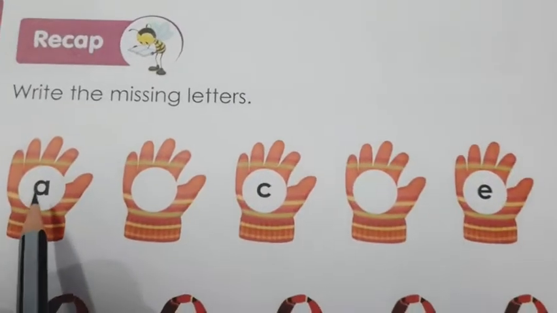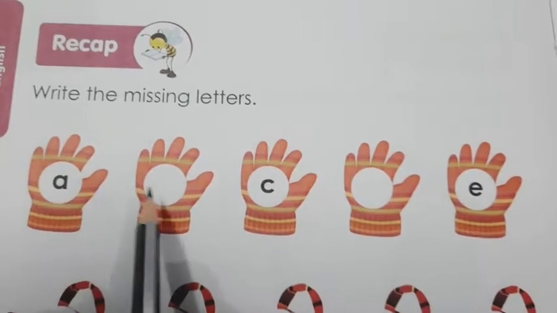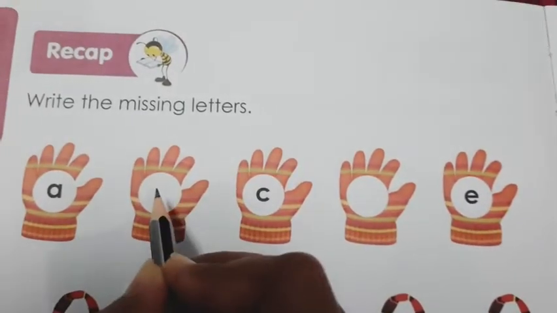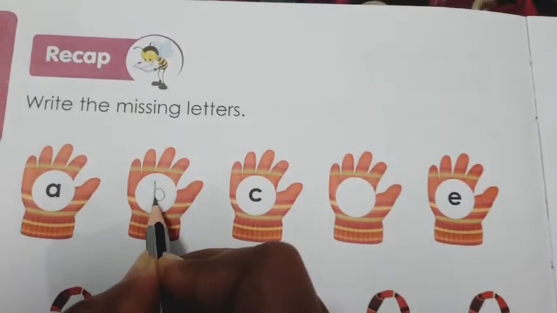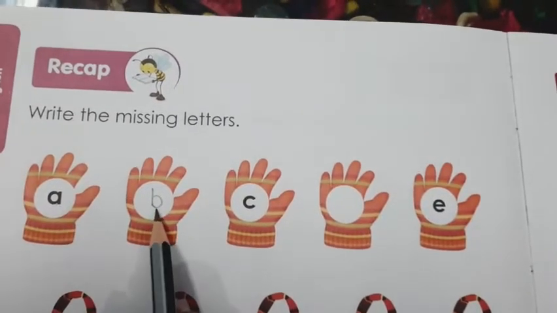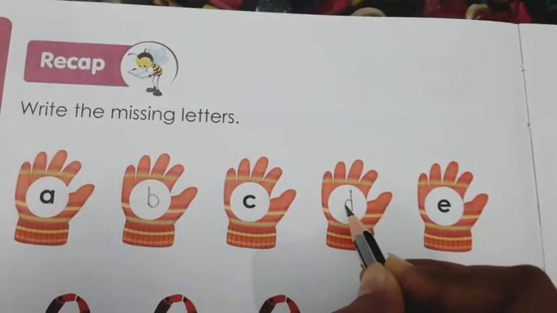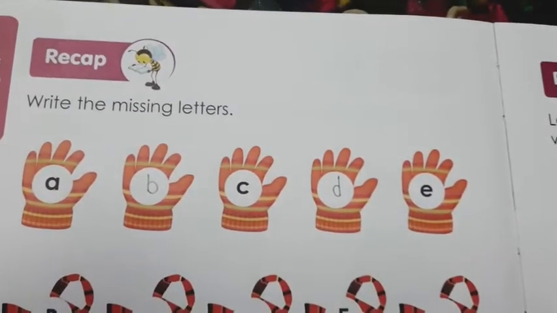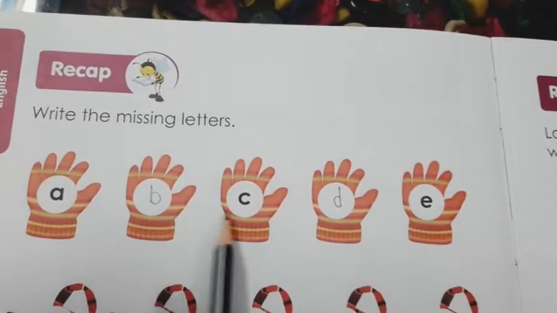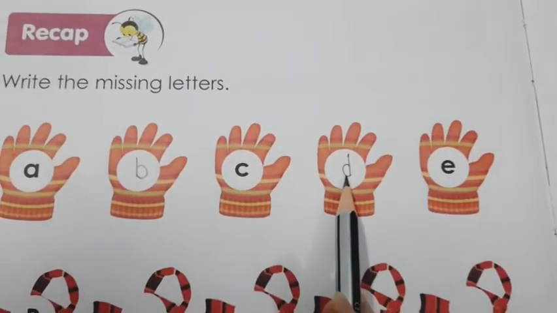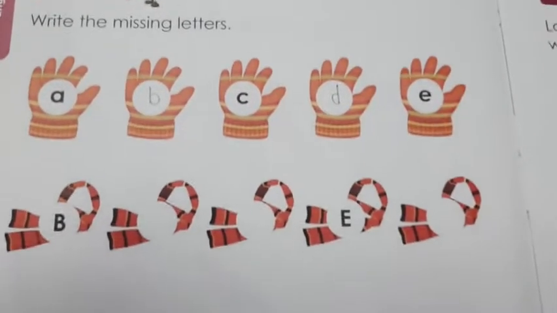So as you can see over here, it's small a. Then B, but the B is small, so in the same way we will write small b. Fine, in very good handwriting. Small a, small b, small c, then small d, small e. Now speak with me with some pictures. A astronaut, B balloon, C cap, D dinosaur, E entrance. Now come to the next.